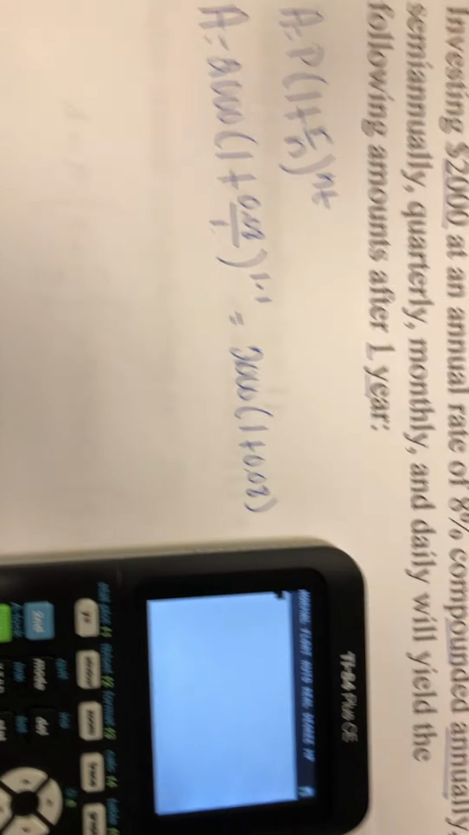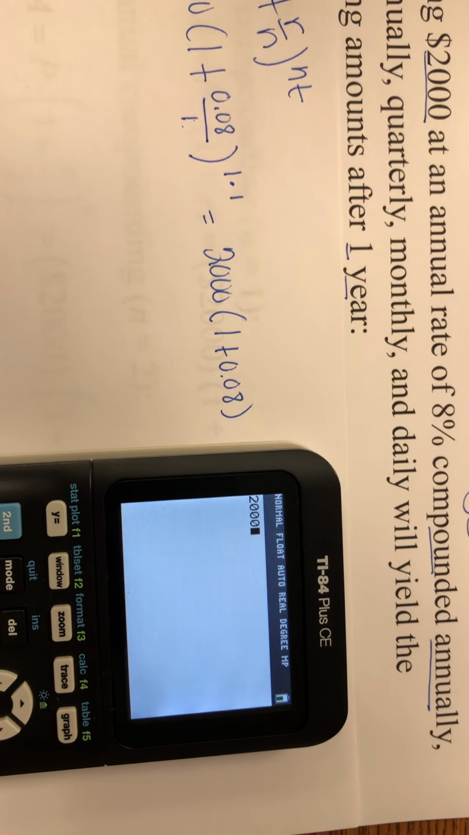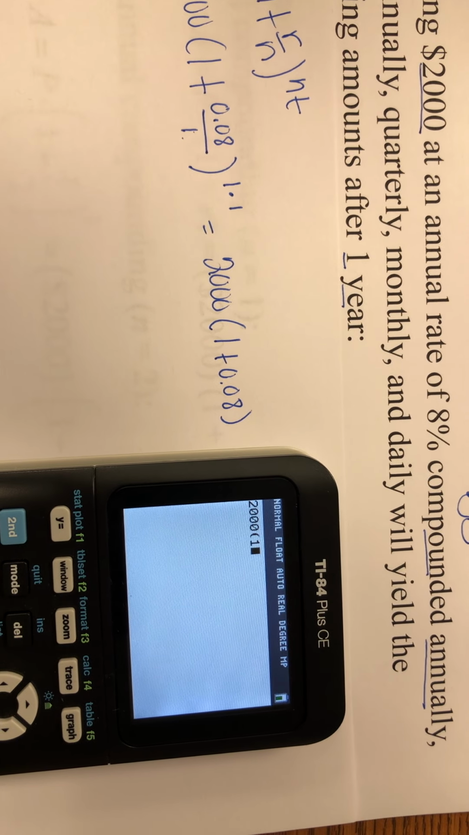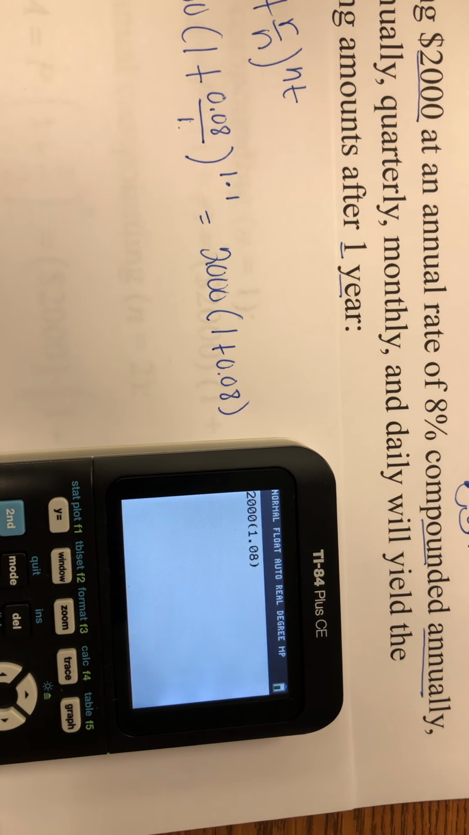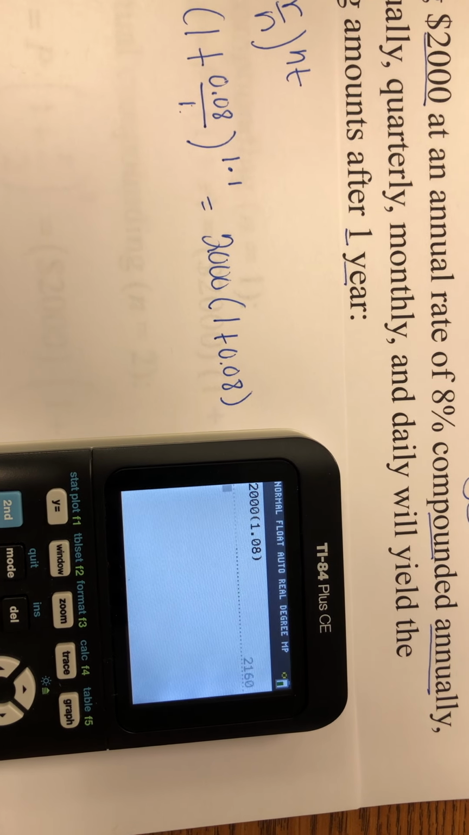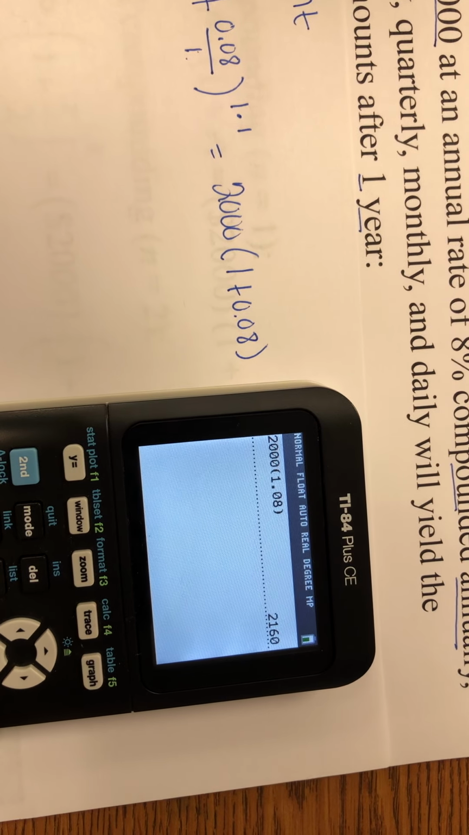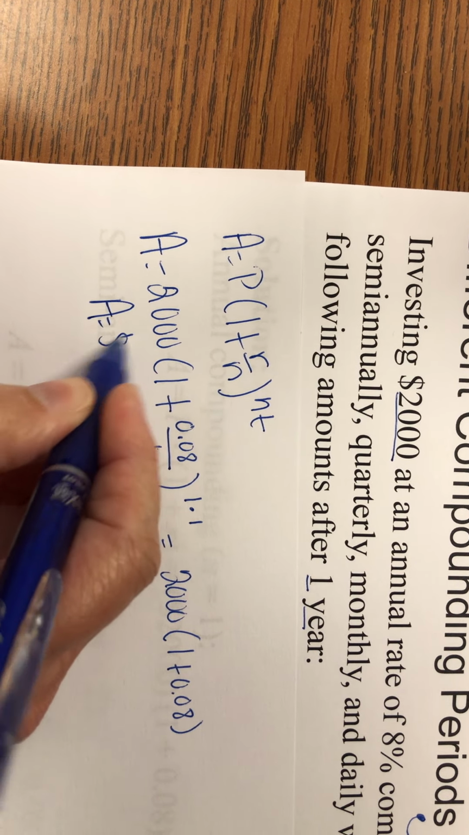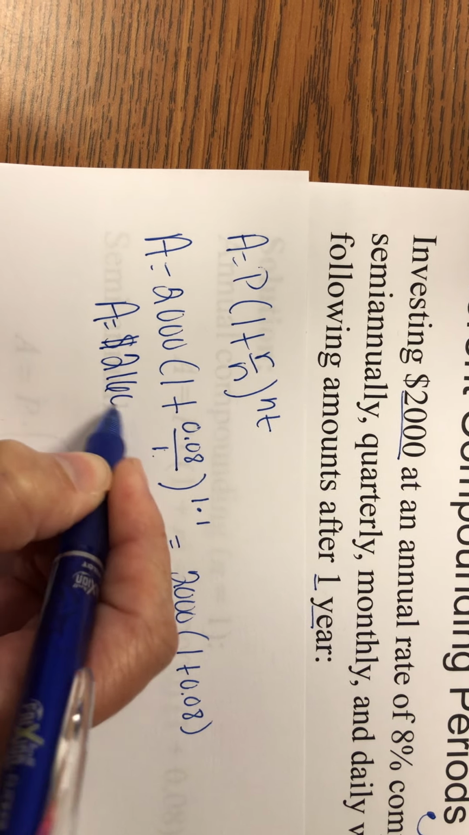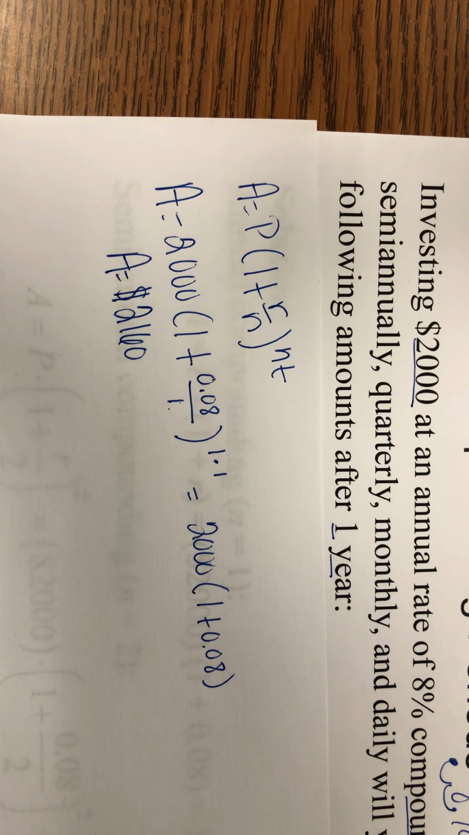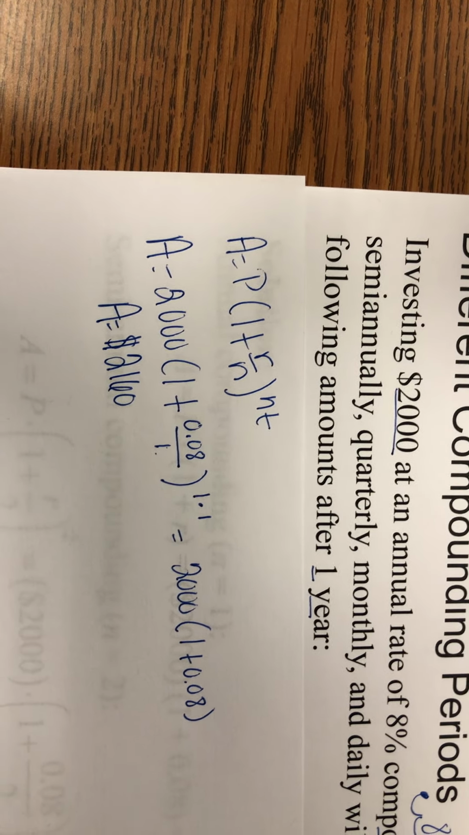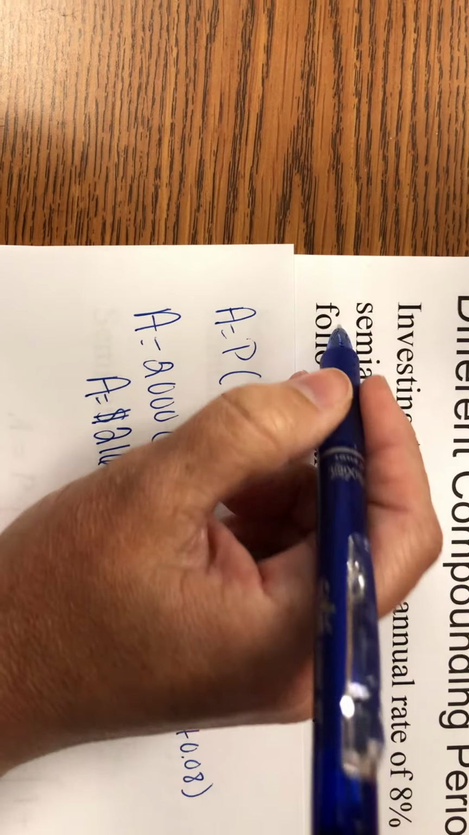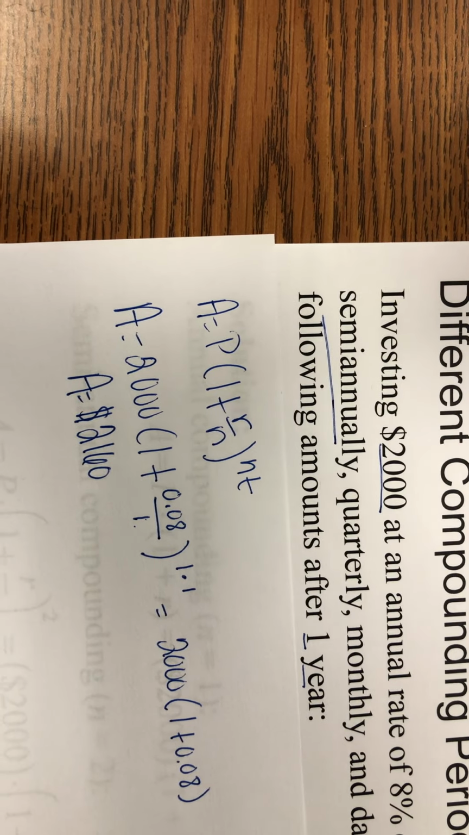So let's go to our calculator and turn it on, and we're going to type in 2,000 times 1.08. Okay, and that's going to give us $2,160. So A is equal to $2,160. Okay, now the next part of this is to find out what we're going to make if we compound